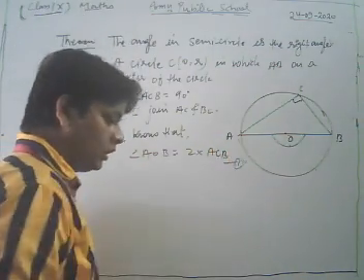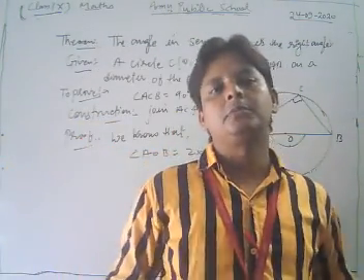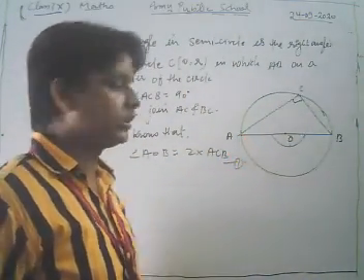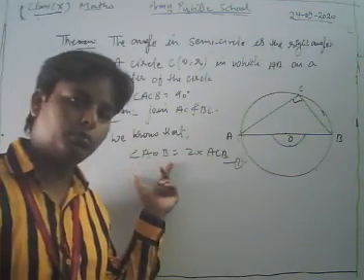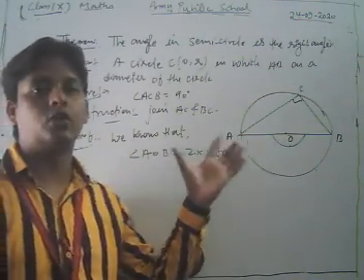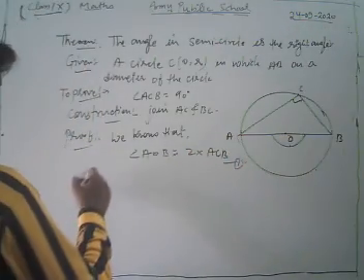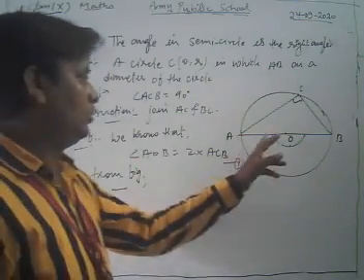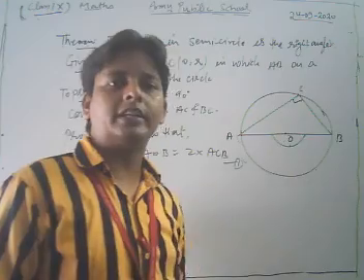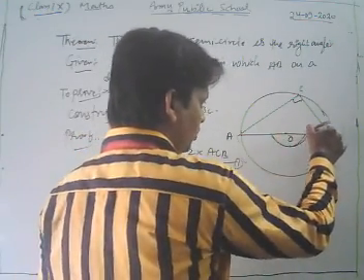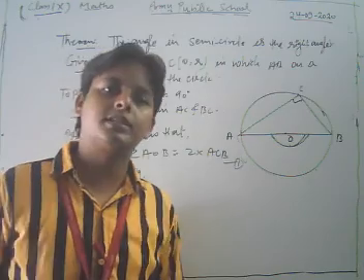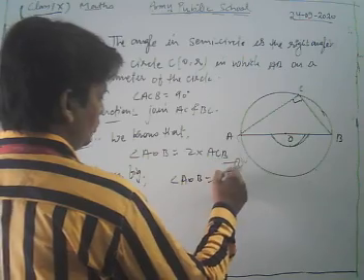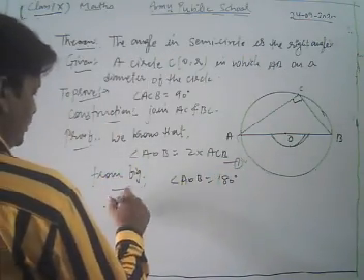Call this equation 1. Because you know that the angle subtended by any arc at the center is double the angle subtended by it at any remaining part of the circle, in this way we get angle AOB is equal to 2 times angle ACB. Now look from the figure. Dear student, from the figure, you know that the angle on a straight line is always 180. Here angle AOB is 180 degrees. From the figure, angle AOB is equal to 180 degrees.